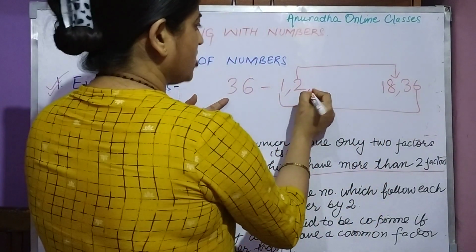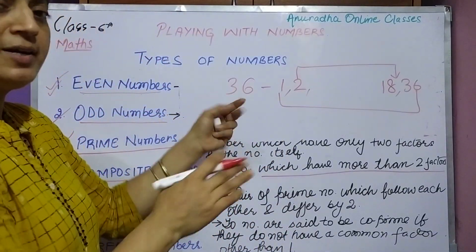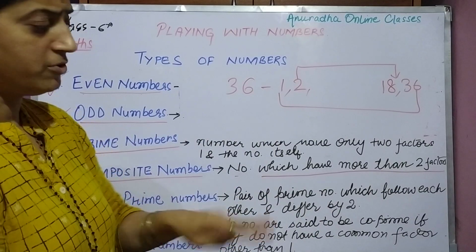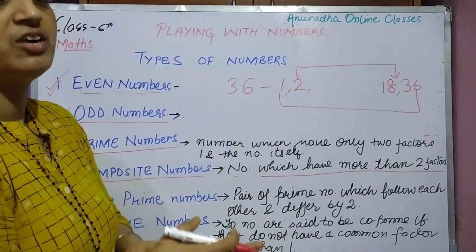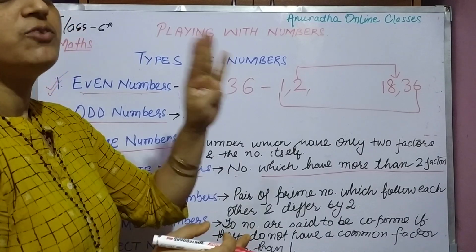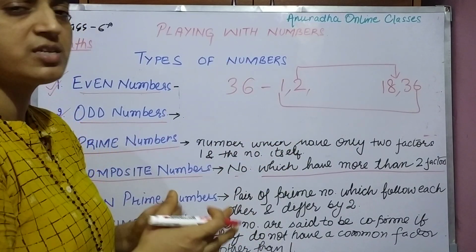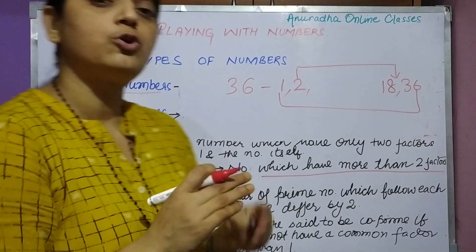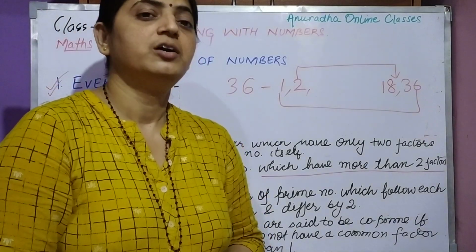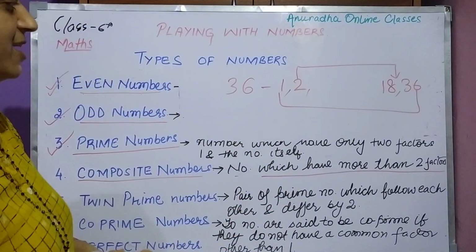Then see, 3 से जाएगा ये. 6 plus 3 is 9. Divisibility rule, you will read this afterward. After this only I will tell you what are the divisibility rule. आप कैसे पहचानोगे कि ये 3 से divisible होगा, 5 से divisible होगा, 11 से divisible होगा कि नहीं, आपको कैसे पता चलेगा? For that you should know all the divisibility rule of other numbers. Okay. So let us see here firstly.